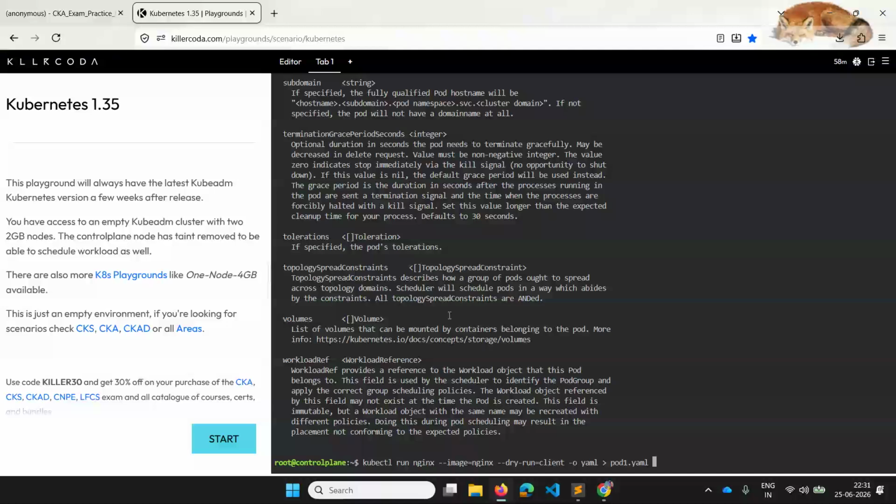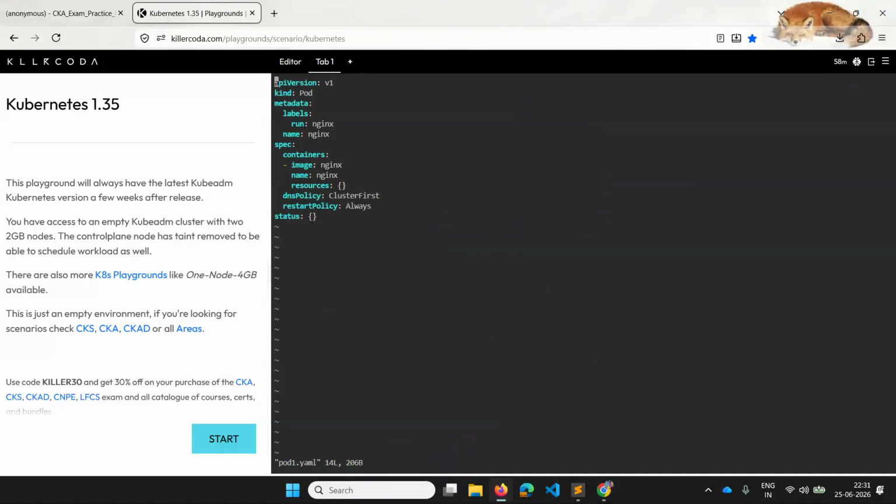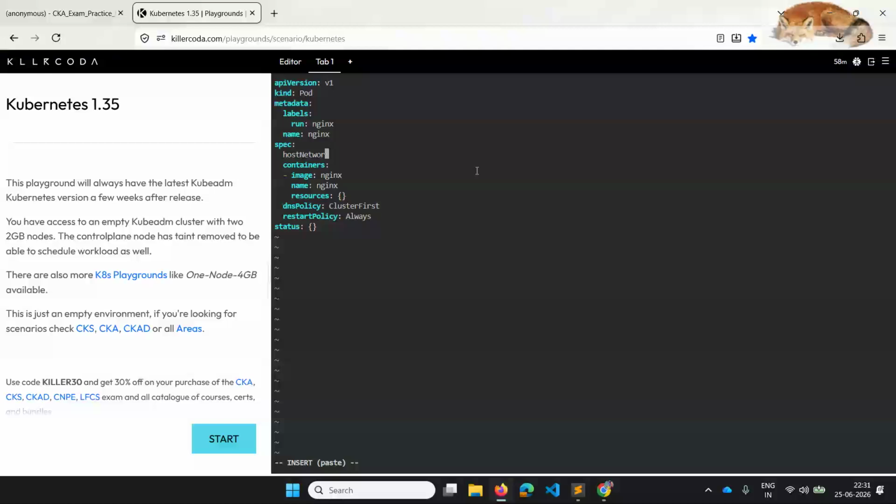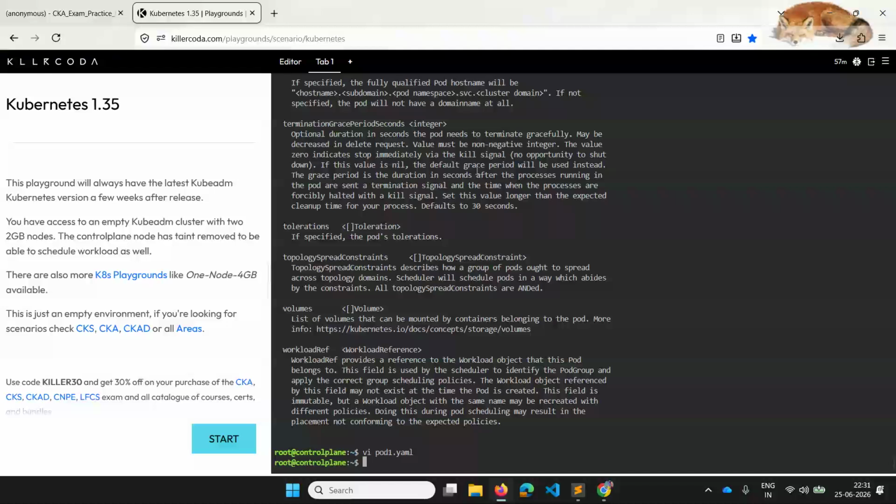Now what I will do is I'll go into pod1.yaml, and under the spec I will add hostNetwork as true. Since I did --dry-run=client -o yaml redirected to this file name, it didn't create it.